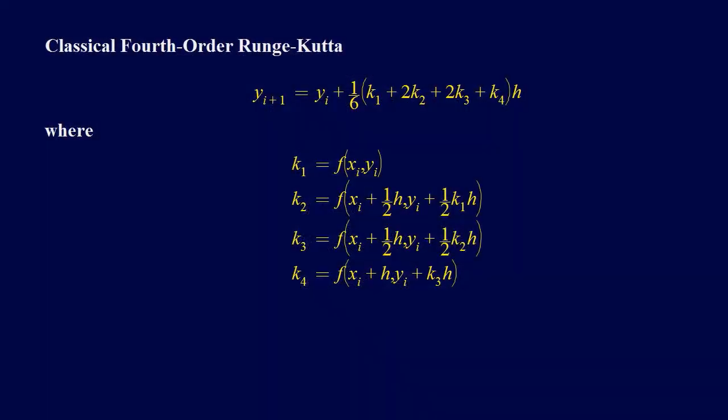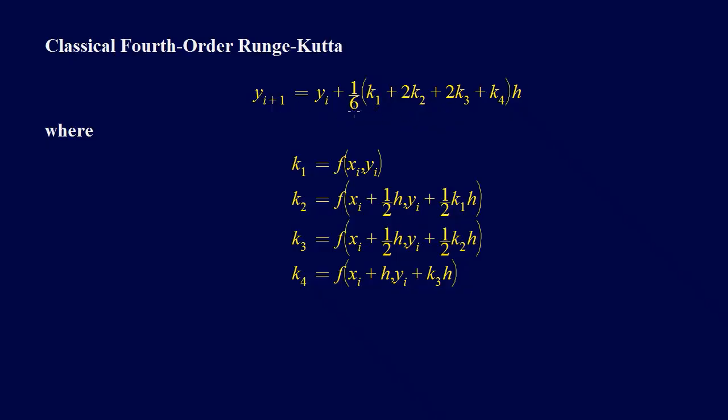So we're finally to the fourth order Runge-Kutta method, and the fourth order Runge-Kutta method is the one that is really commonly used. This is the classical form because, like the other methods that we already talked about, the second order method and third order method, there are an infinite number of possible fourth order Runge-Kutta methods depending on what we choose for these values, but the ones that we choose for the classical fourth order Runge-Kutta